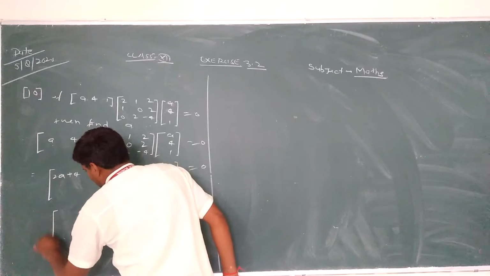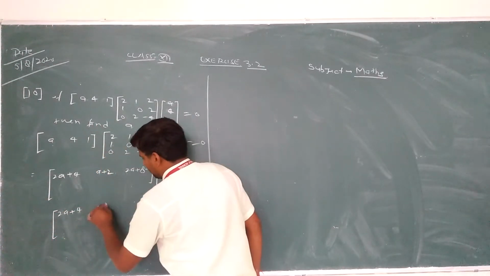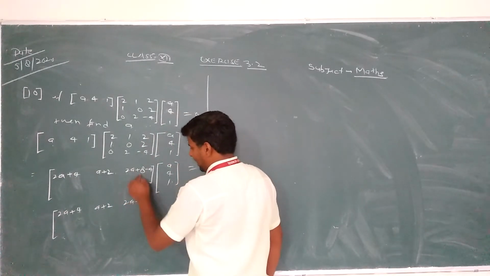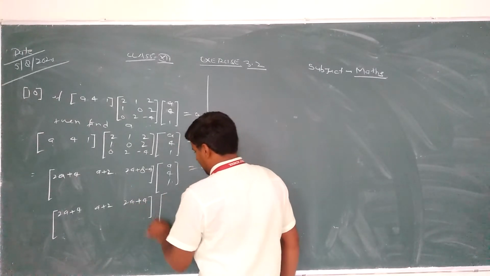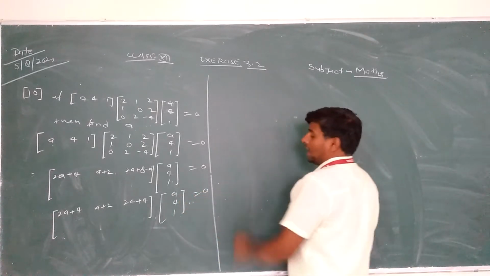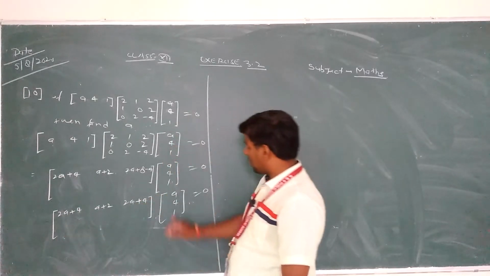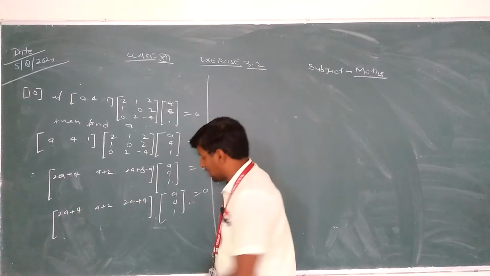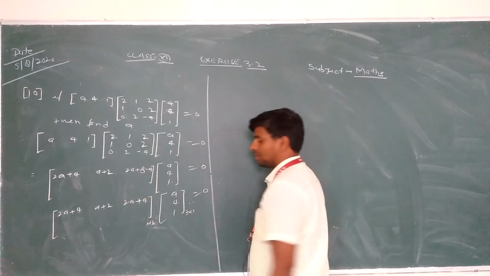First we can arrange it. We get 2A plus 4, A plus 2, and 2A plus 8 minus 4, that is 4. It is [A 4 1]. Again, these two matrices are there. The order of this matrix is 3 cross 1, and this is the first row with 3 columns, that is order 1 cross 3.